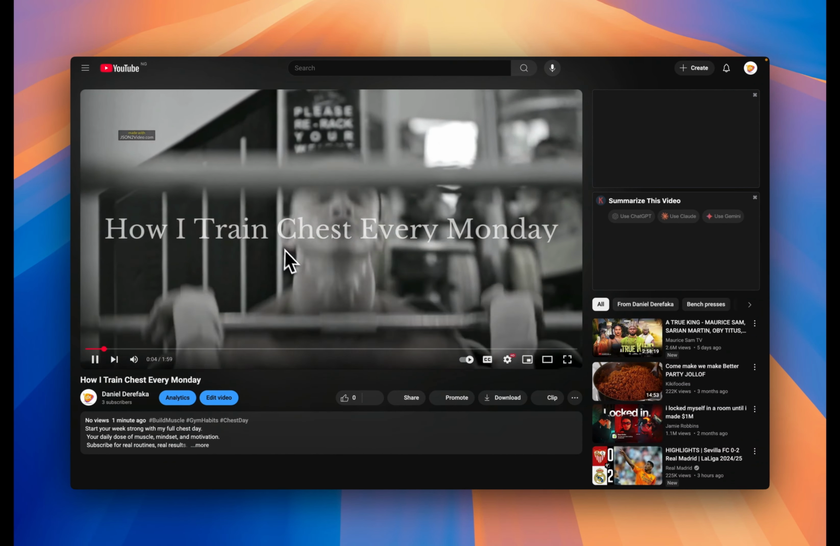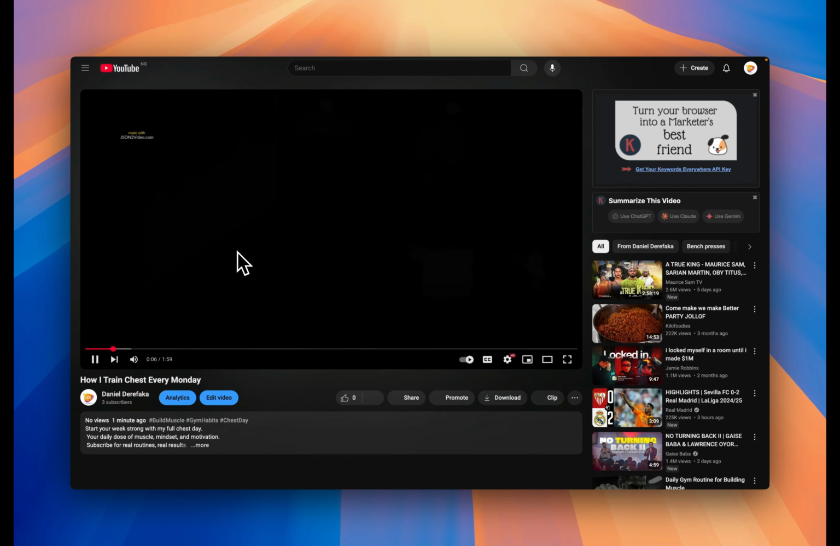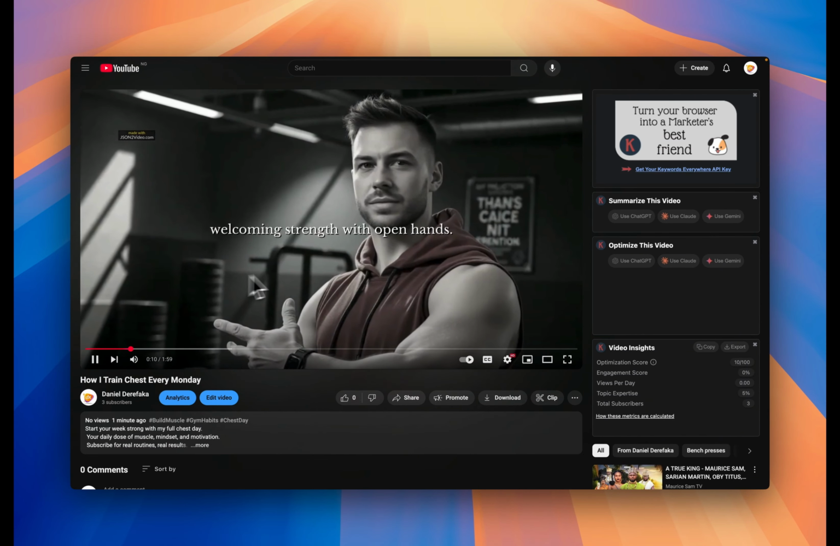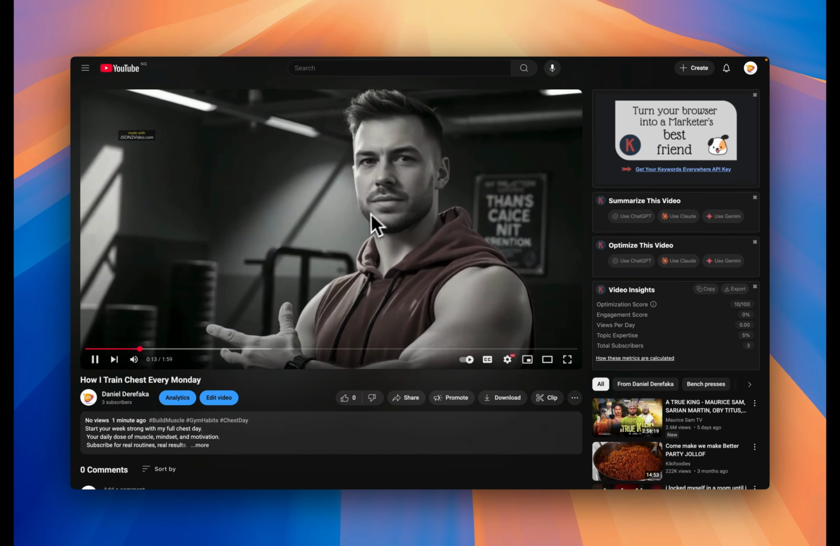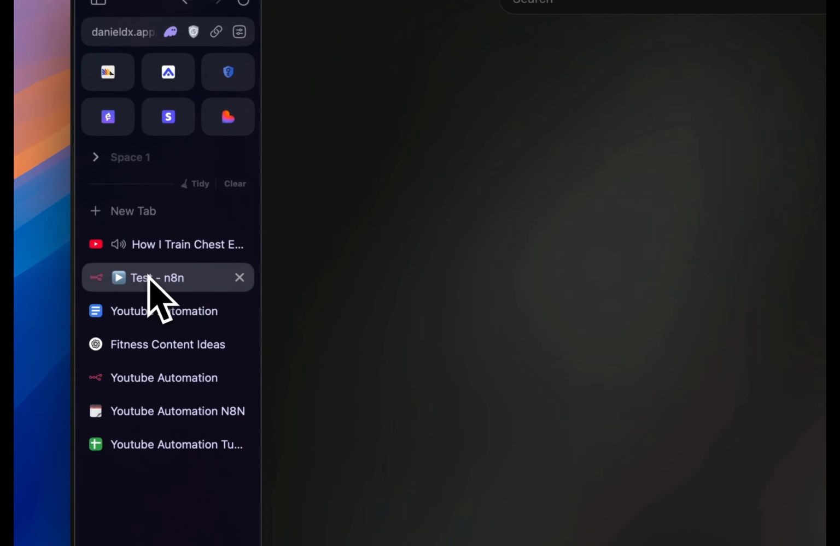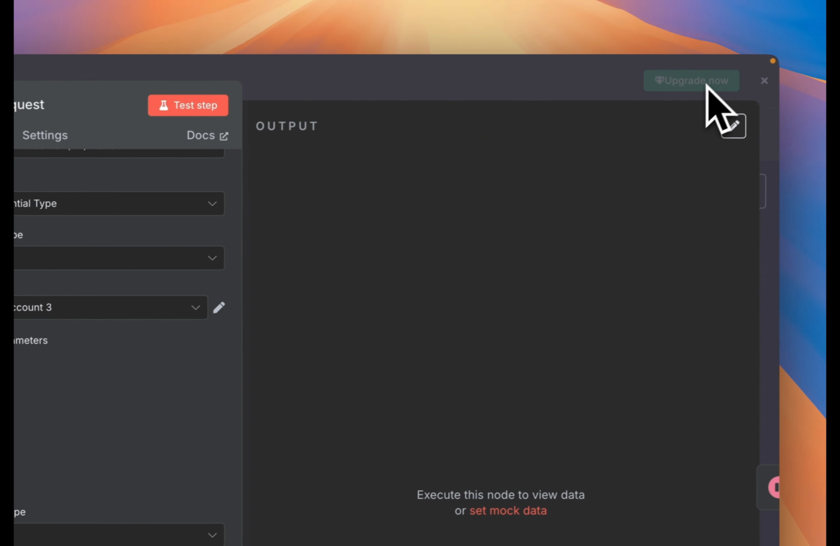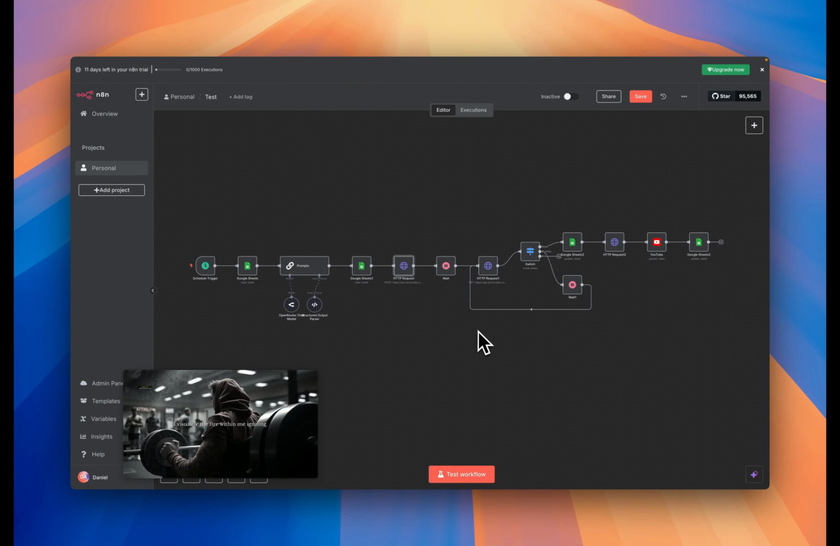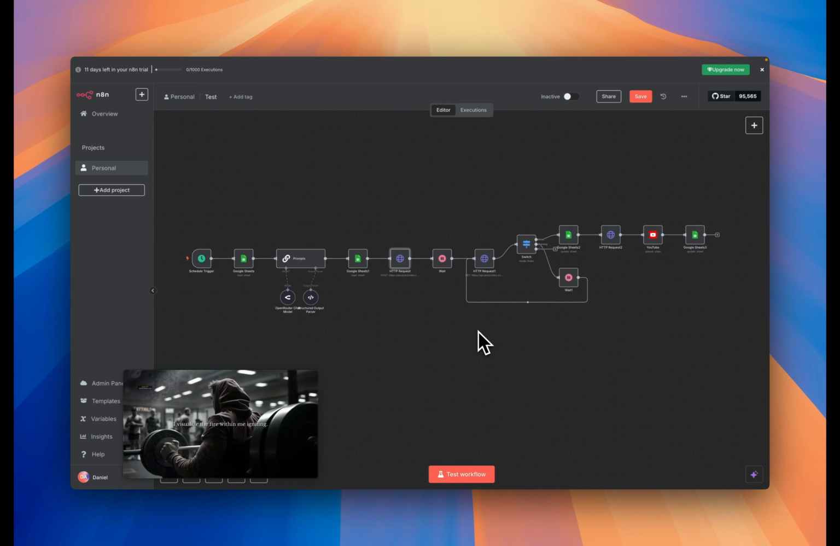How I train my chest every morning. Remember, that's the name of the idea we gave. Every Monday, I embrace the iron, welcoming strength with open hands. And that's how you create full automation with AI. As I lay back on the bench. So that's how we create full prompt automation with n8n. Very simple to set up, easy, and just fun. Just playing around with tools and making